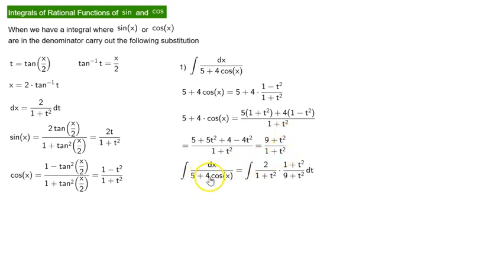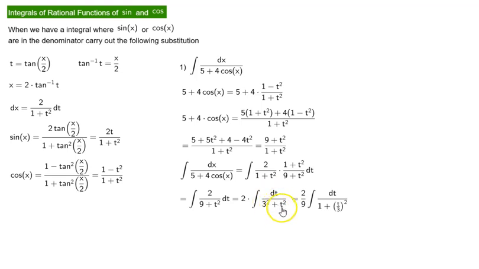But since it is in the denominator, we take it up and convert it into a multiplication with the reciprocal of this. Integral 2 by 9 plus t square dt. Why? Because 1 plus t square, 1 plus t square get cancelled out,